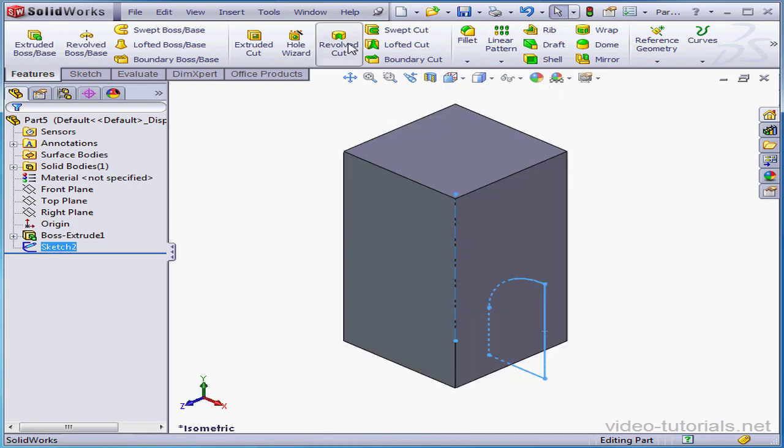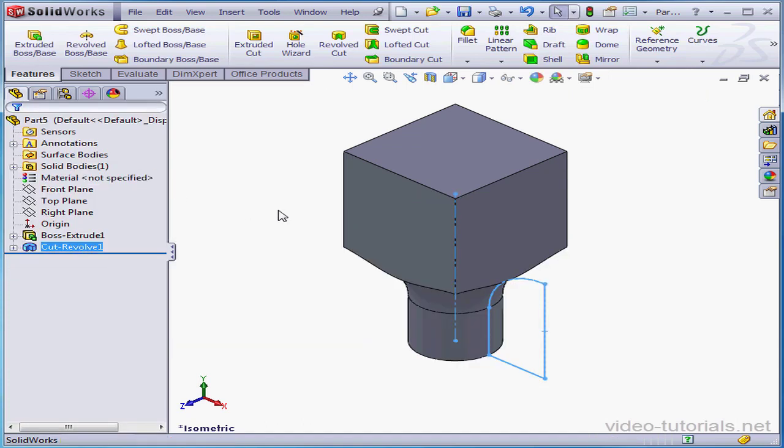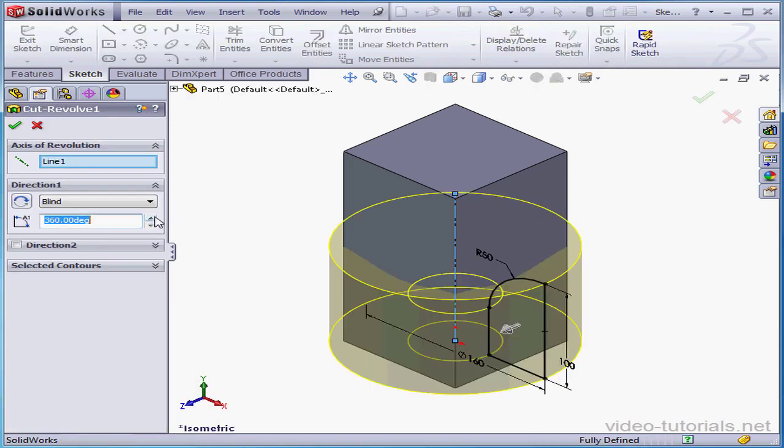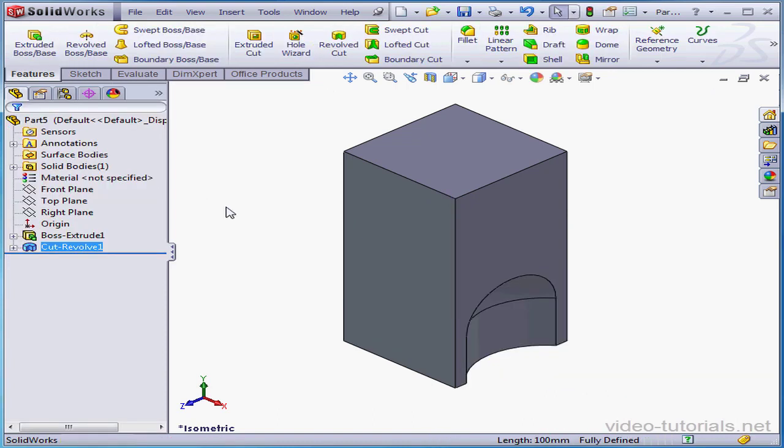Let's activate the Revolved Cut command. Once again, the axis is already pre-selected. We'll use the blind type of revolve at 360 degrees. And let's click OK. Now once again, if you want to test different axes of revolution, you can. OK, and this concludes exercise lesson